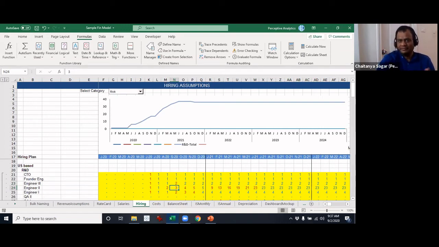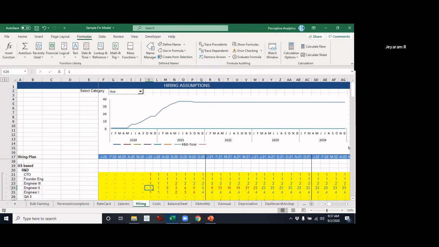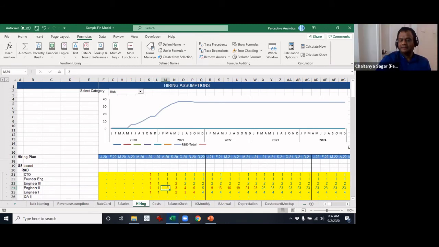Okay, it is the modeling benefit that you generate out of this. But there is one more thing that you can see here, that there is a difference in color between some numbers. So you can also see that whenever there is an increment in hiring, that number is getting highlighted, and the rest of the numbers, if they are the same from the next month onwards, are staying constant. You guys can see this, right?